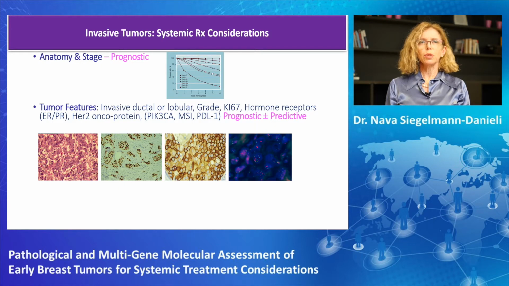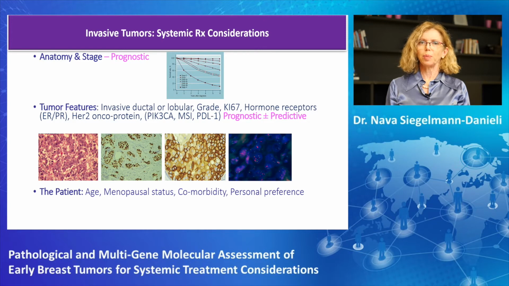proliferation. Close to it, we see the estrogen receptor, which is stained in the nuclei, and it is both prognostic and predictive. And on the right-hand side, the two slides, we see the HER2. One is for the protein in the membrane, and one is for the FISH, assessing the copy number of the HER2 in the nuclei. And we also consider the patient age, their menopausal status, other diseases, comorbidity, and of course,